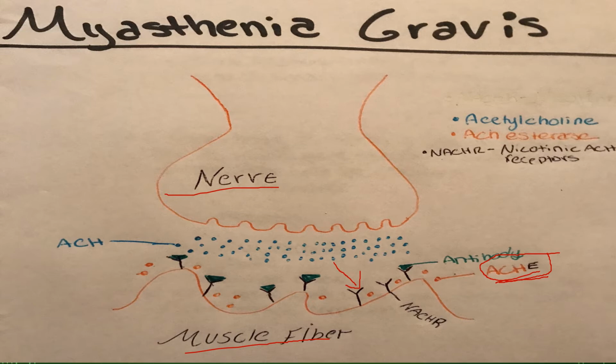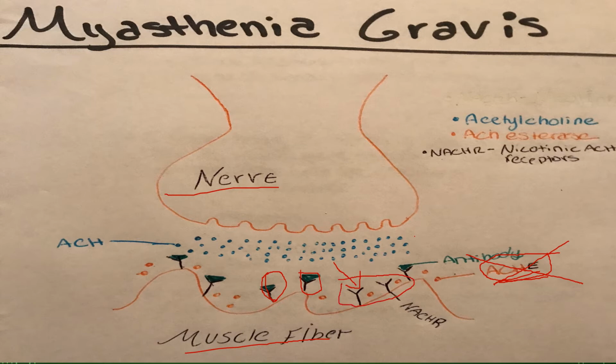But as we know with myasthenia gravis, a lot of the receptors are already being bound by antibodies. And then there's also going to be a scarce amount of nicotinic receptors to begin with. So for this acetylcholine esterase, we're going to try to block it. And the reason why we block it is so we can have acetylcholine readily available whenever there is a nicotinic